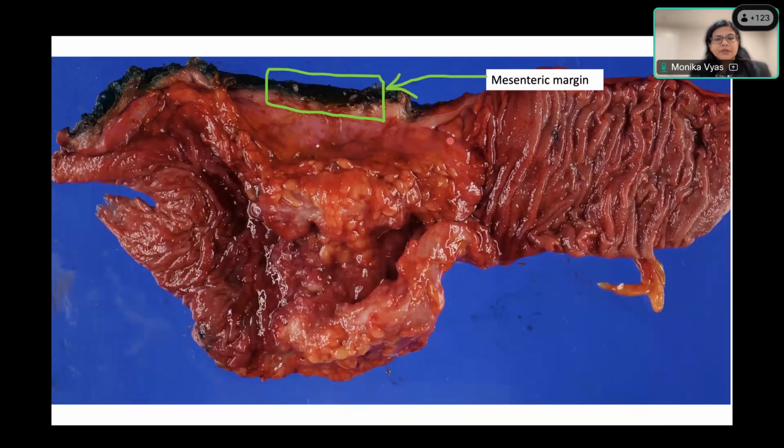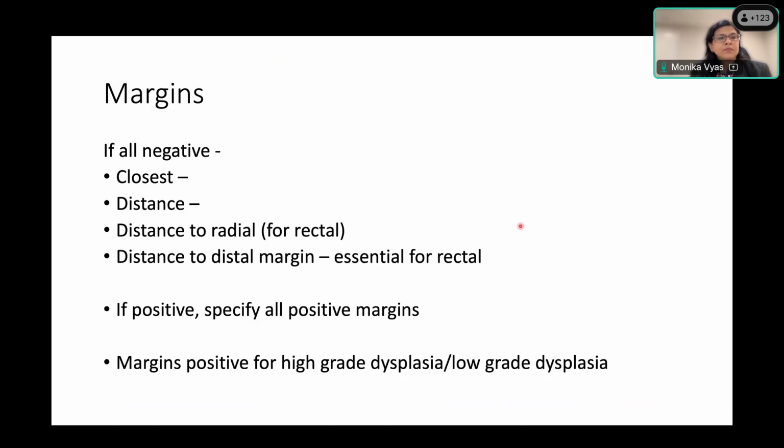And similarly, this is coming from somewhere in the upper part of the GI tract, where you have the mesentery. So this is your mesenteric resection margin, and then you will again have two mucosal resection margins. So margin status, people report them variably, but if all your margins are negative, then it's good to give the